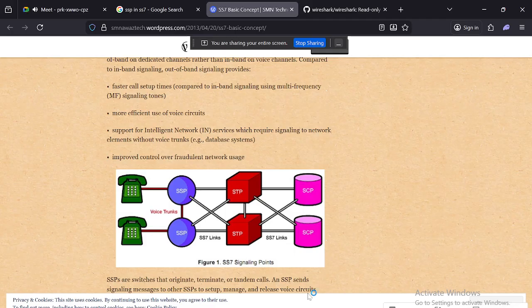The VLR is a temporary database associated with the mobile switching center that holds a copy of roaming users' and subscribers' data and their current locations. Like how the police or cops would catch you if you try to do something fraudulent with mobile things or anything with the network. So always wear a masked IP for your internet.